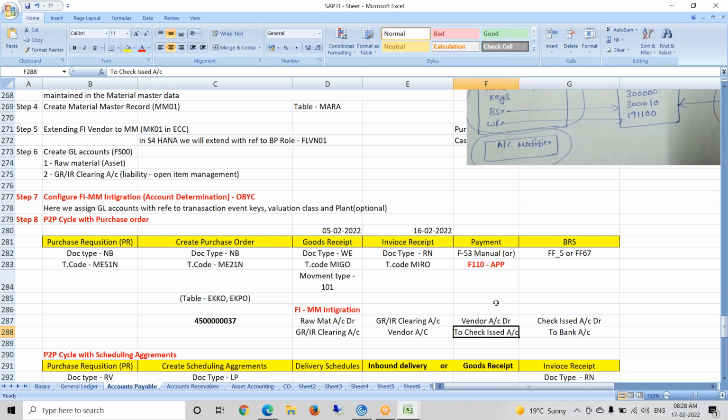We get information that the issued check got realized or encashed when we receive the bank statement. After receiving the bank statement and uploading it into the system, our entry will be check issued account debit to bank account. So if you see the actual payment transaction, this is your entry: vendor account debit to bank account, you are paying the amount through the bank. But there is some time lag.